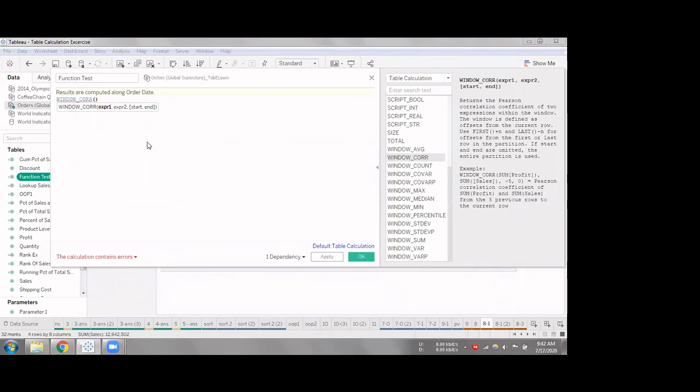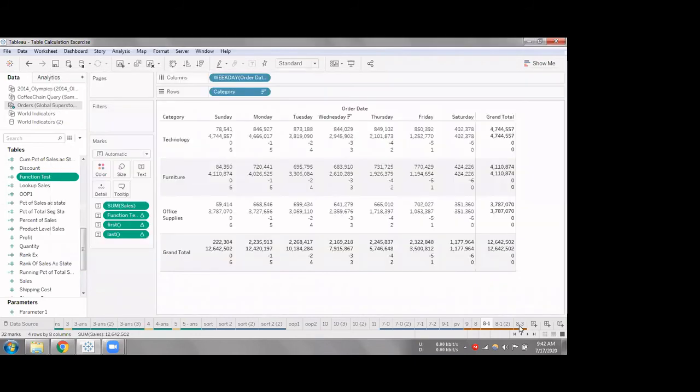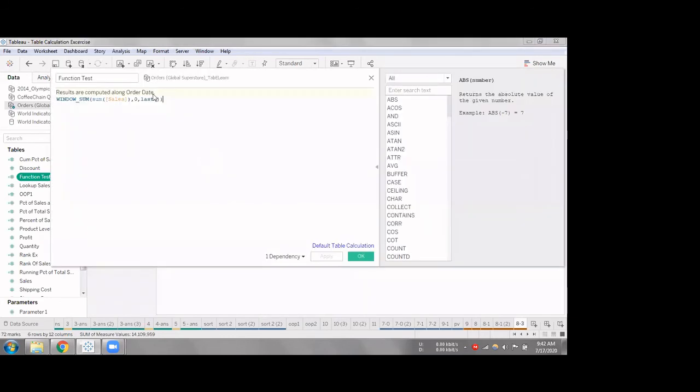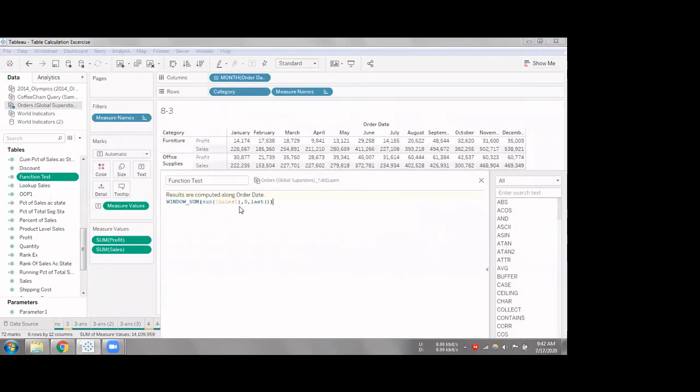So let's have a table like this where for each month I have sales and profit split across the category. Now I will create a function that says window correlation.